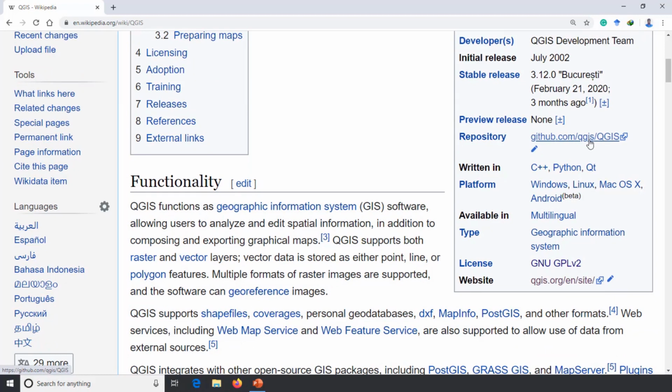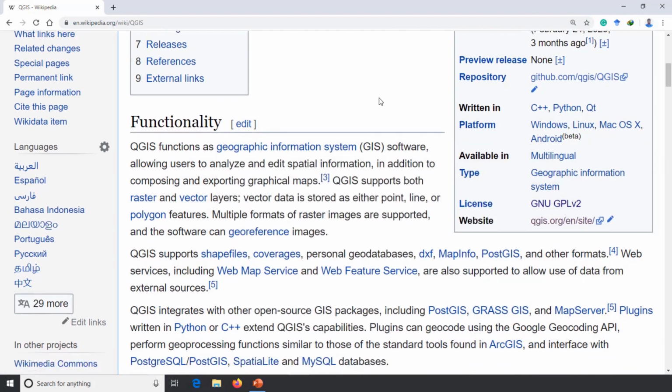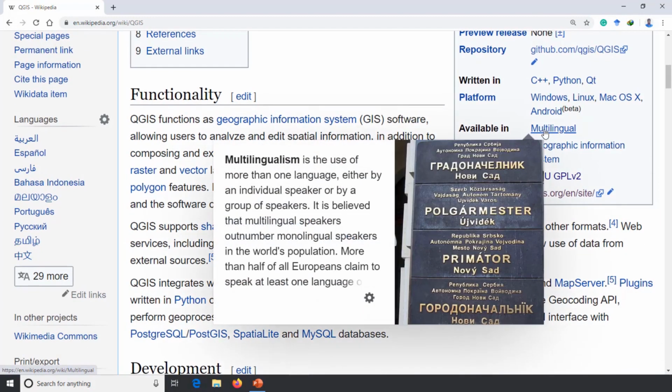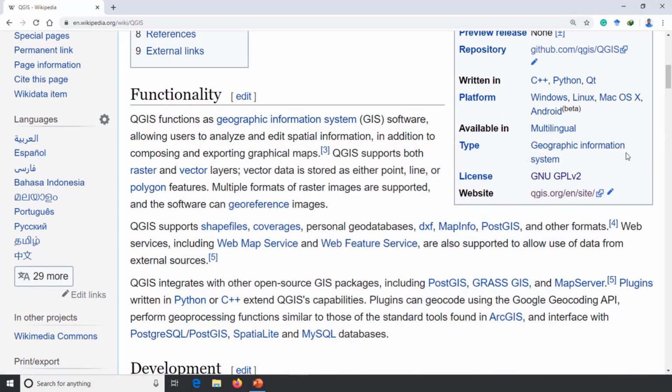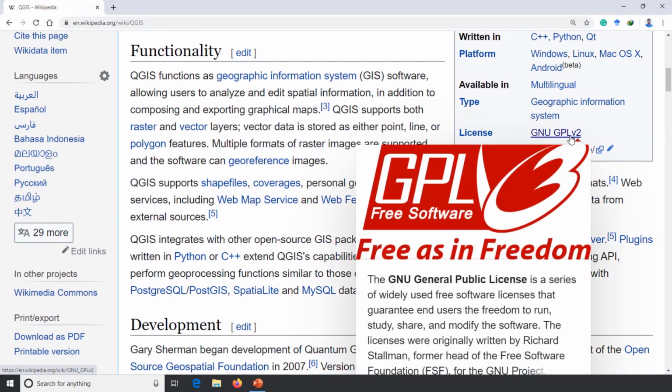The repository of this software can be obtained from this website, and this software is written using C++, Python, and Qt computer language. It is a cross-platform software which can work in Windows, Linux, Mac OS, or else Android version of your mobile. It is available in multi-language, and it's a type of geographic information system, and the license is general public license.